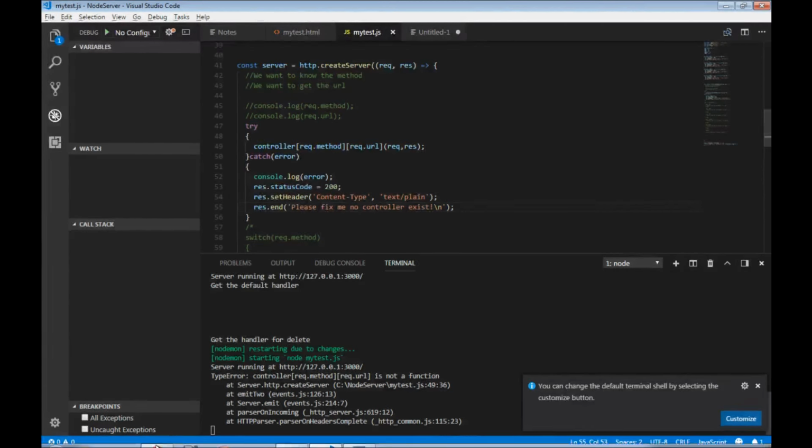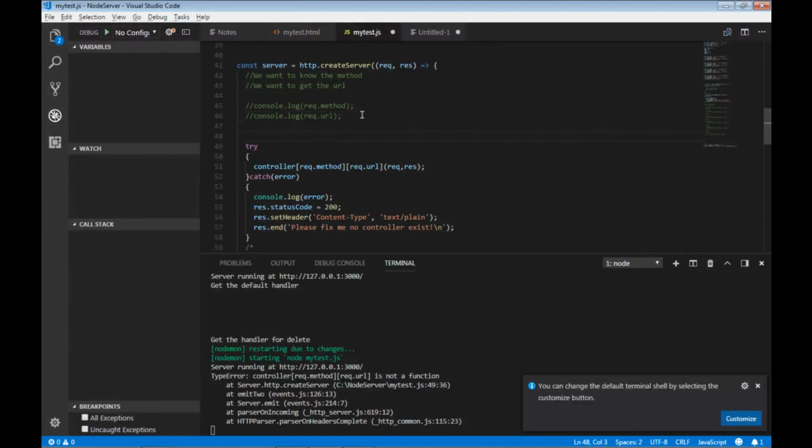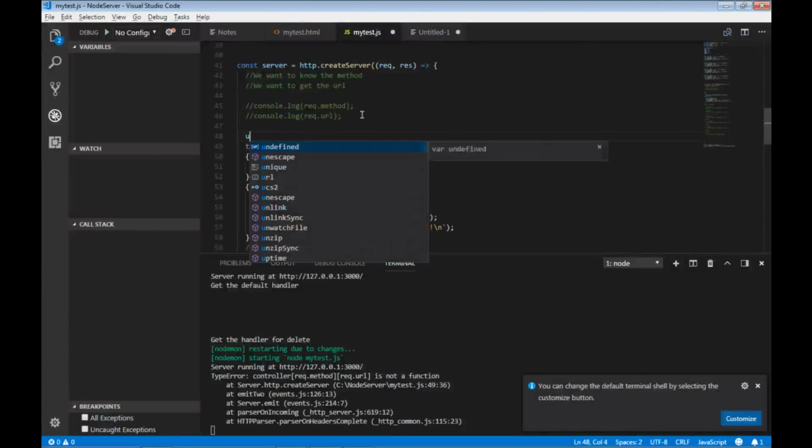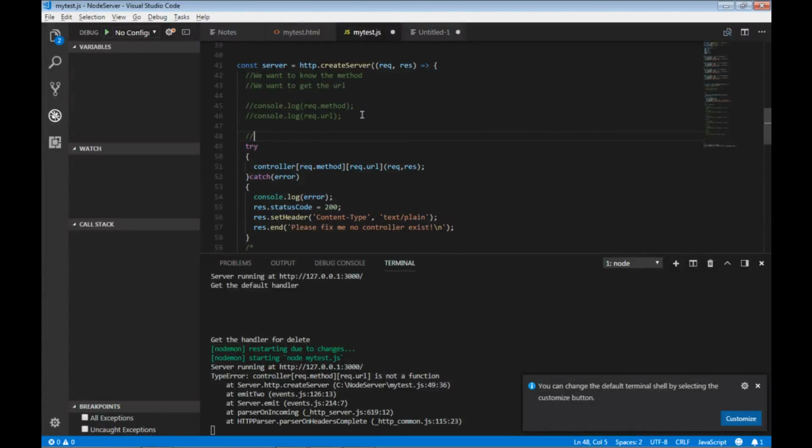And also we want to test, I'll give you the sample URL. We have localhost 3000 and info is already there, but if we say info and more,